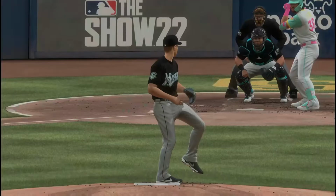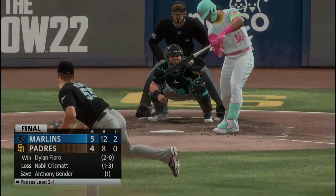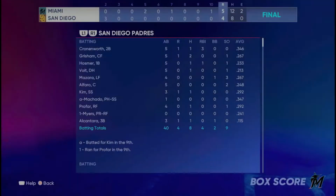And the pitching for Miami, the Marlins bullpen again. This bullpen has been so good this season, and it holds serve again. Doesn't give up any runs as you get a look at the box score here. And, decent amount of hits. 8 hits by San Diego, but